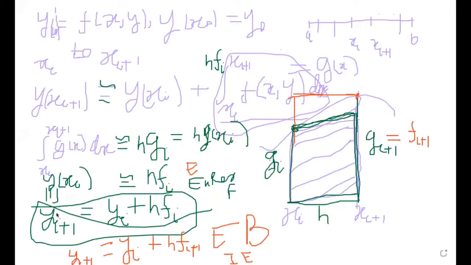But if you look at the first formula, y i plus 1 is given explicitly, because the previous value y i is known to us, and f at